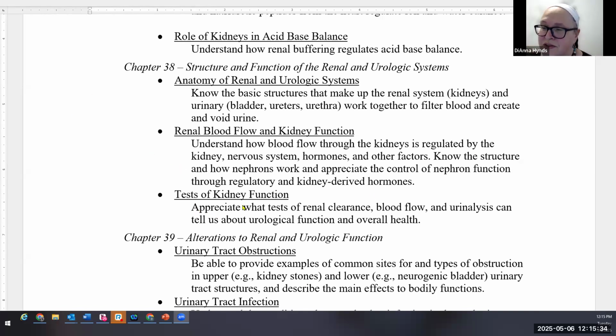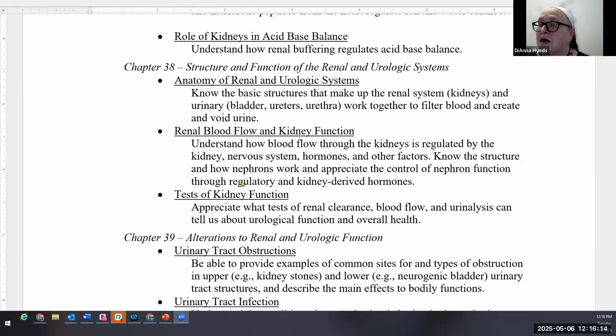Okay, so going back to this, you do want to know a little bit about how blood flows through the kidneys, how it's regulated. You want to know the structure of the kidneys, the structure of the nephrons, how they work. So where you're going to get substances coming out of the blood and into the urine, where that filtration actually occurs in the nephron, and how it's regulated. And particularly how hormones regulate it. So the regulatory aspects of how the different substances are filtered by the kidneys and end up in the urine.